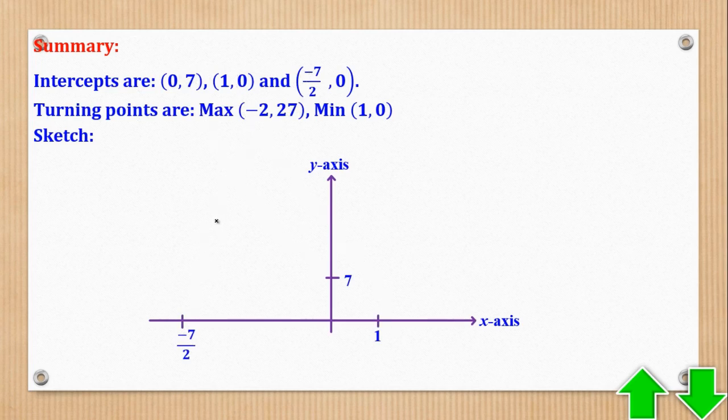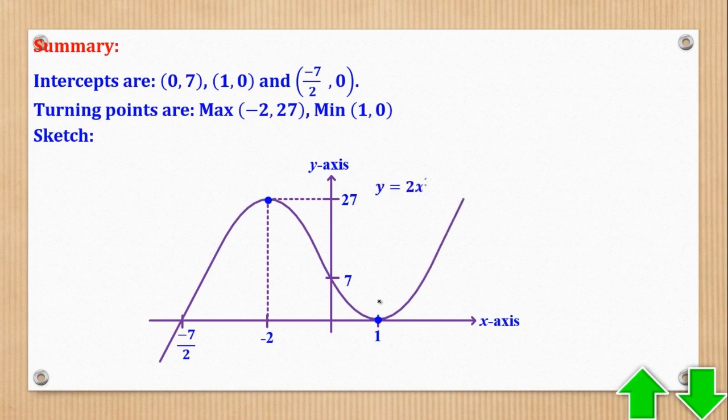Then I also have to locate the turning points. So there is this turning point which is (-2, 27), and also this turning point. Then I have to remember that this one is maxima and this one is minima. Therefore when I'm drawing it, the shape should come out. And the curve has to be labeled, and that is what they wanted. Then for part B,